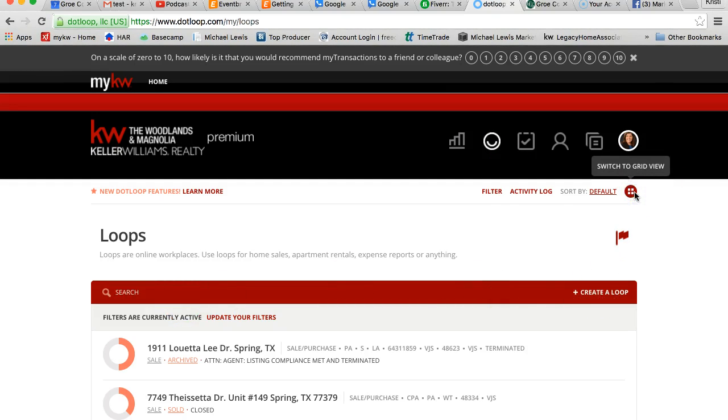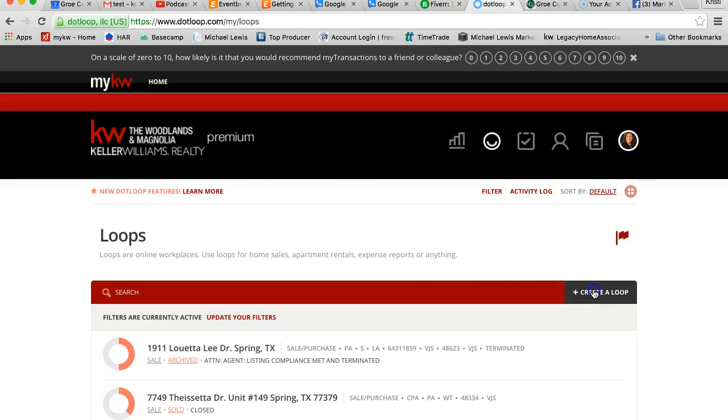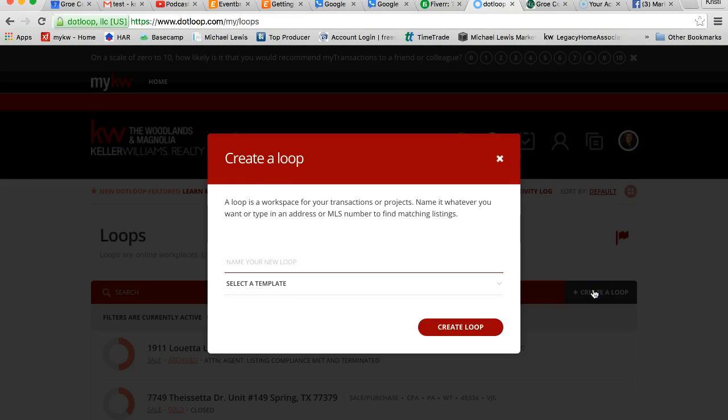Yours may look like this. However, I like mine in the list view. It just looks a little bit cleaner, so I clicked on this. So I'm going to go ahead and hit Create Loop. I'm going to name it your tenant's names because you're not going to have a property address whenever you're first looking for a property. So I'm just going to put Billy and Sue. For my purposes, I'm going to name this